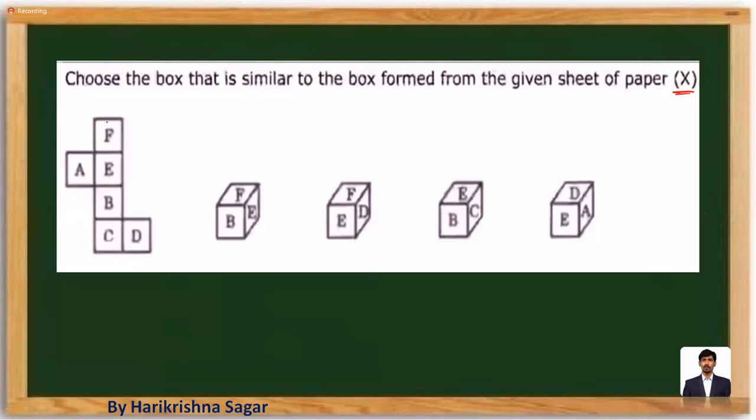What we can do, just take F. What is opposite? B is opposite to F as per the data. So F and B should be opposite, but using diagram one, F and B are adjacent. Eliminate this option. Look at E is available here, C is available here. E and C are going to be opposite with each other. But if you observe in option 3, E and C are going to be adjacent. This is definitely not a possible answer.